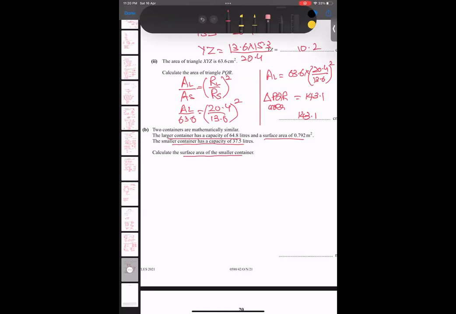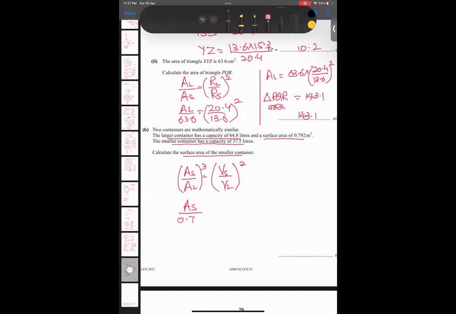So the formula is area of small by area of large, volume of small by volume of large. Actually, area is centimeter square and volume is centimeter cube, so they are not equal, not balanced. To make it balanced, I will take a square here and a cube there, 3 to the 6, 3 to the 6. So take a cube here and a square here. This formula is the best to deal with this. And now plug in the values, the area of the large we have been given